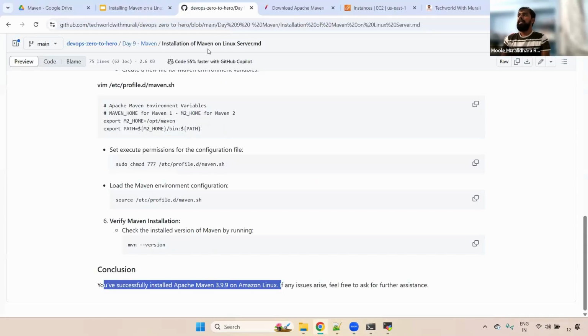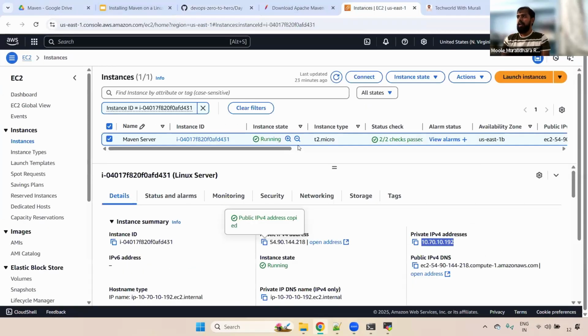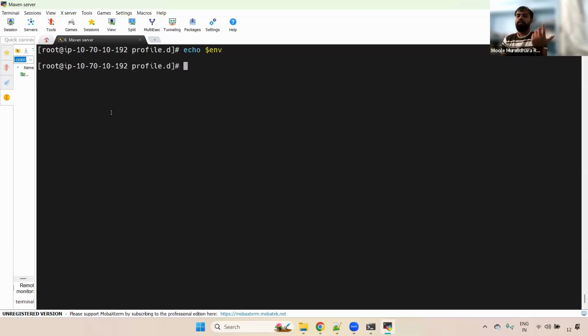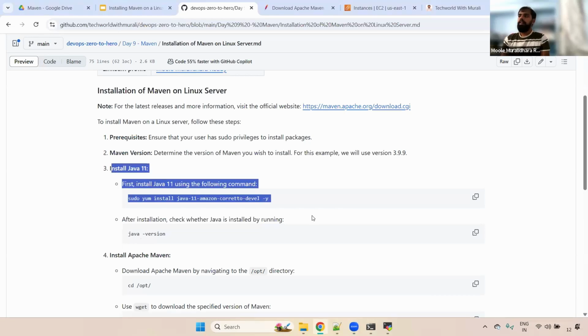And just, we can recap what we did. We have created an Amazon Linux 2023 server, and we have connected using MobaXterm. You can connect however you wish, guys. You can connect with SSH or PuTTY, whatever you wish. Okay, and then here we have connected, and then we have installed Java 11, and then we have installed